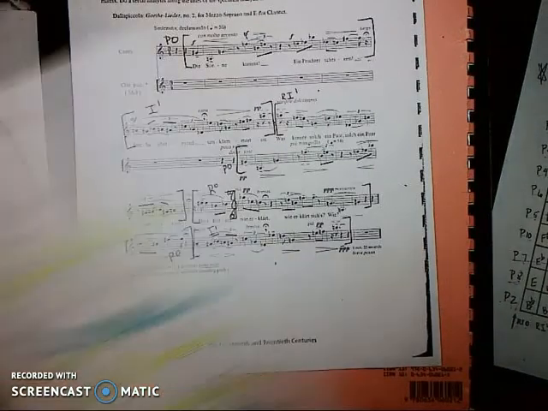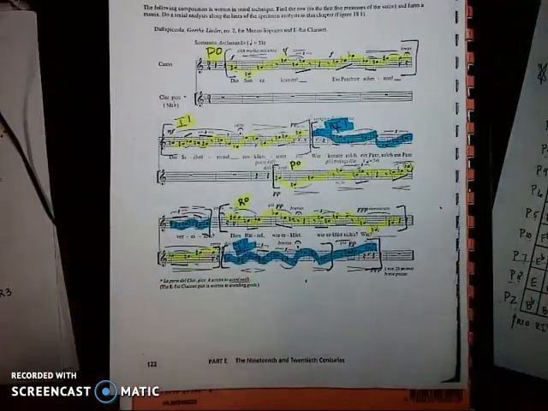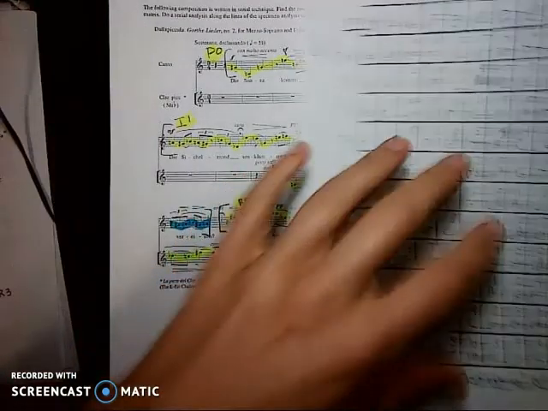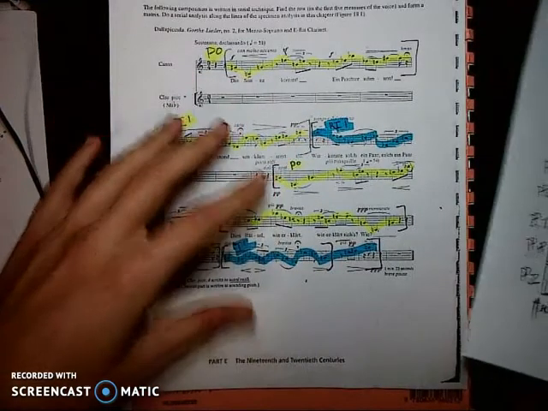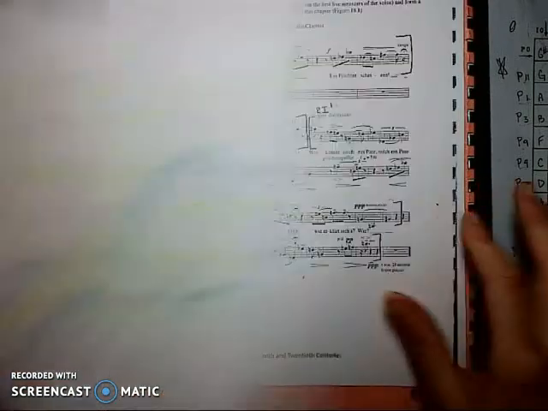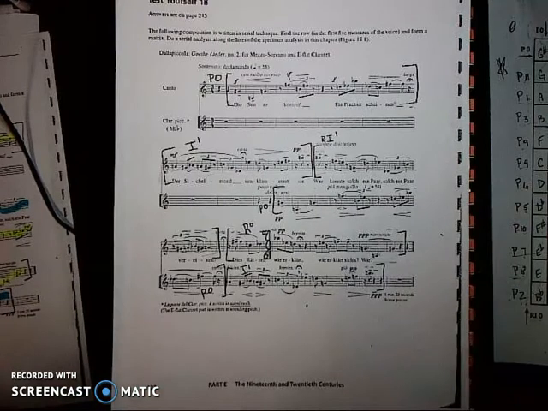So let me show you where I analyzed this already, and I used some highlighters to make it a little bit easier to see. Okay? So, again, using this matrix is a way for composers to compose, and it's also a tool for us as theorists to analyze. Something that's kind of cool about this piece, and this is my closing thought I'll leave with you, is look at the rhythms. You'll notice that even the rhythms are